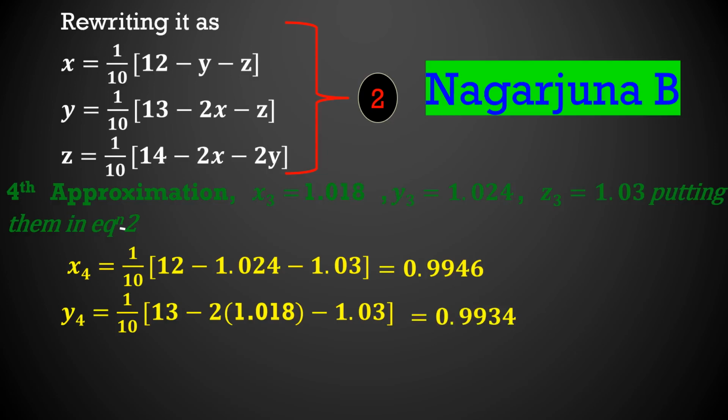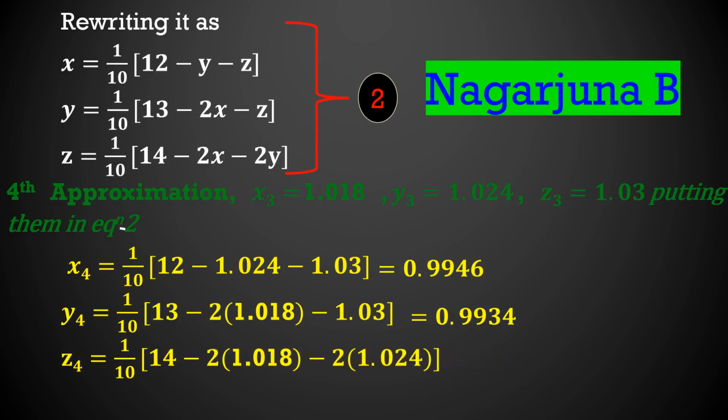0.9934. Now consider the third equation which is present in the system of equation 2 to calculate z4 value. z4 is equal to 1 divided by 10 into 14 minus 2 into x value, which is 1.018, minus 2 into y value, which is 1.024. So in the calculator, open the bracket, 14 minus 2 within the bracket 1.018 minus 2 within the bracket 1.024, close the bracket, divided by 10, and it will give the answer, and that answer is